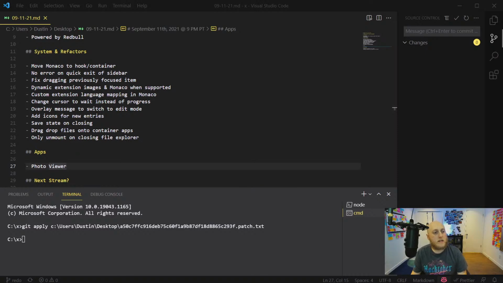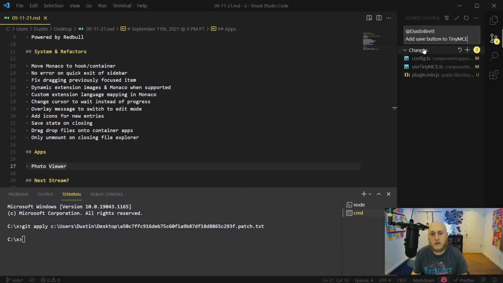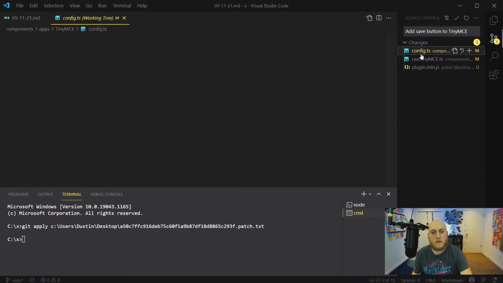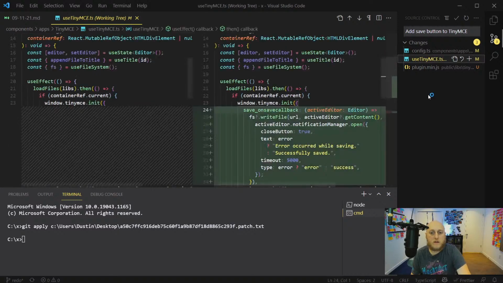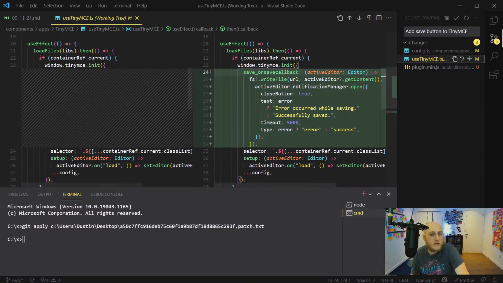This one, yeah, save button for TinyMCE. In the config here for TinyMCE, I've added it to the plugins to load, and I've added it in the toolbar. The save button is the first button. As you see, this plugin.js file, that's the file. I'm not even going to click it because it's minified, and minified files plus my bracket colorizer plugin are not a good combo. And all I had to do as far as on the init function, there was another key